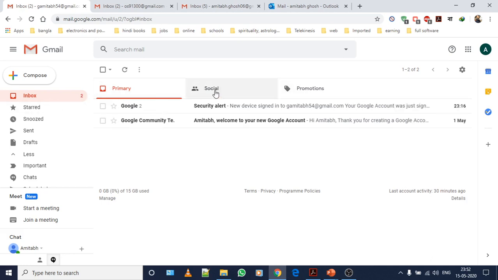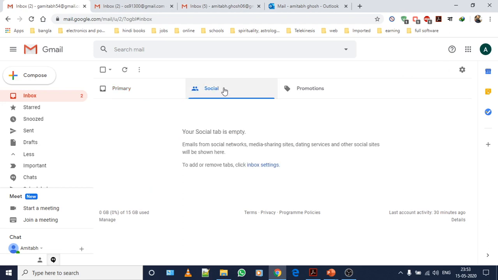So before we proceed, let me discuss this section also. In inbox, you will find these three default tabs: primary, social, and promotion. Now, the primary tab is the section where you will receive mail from people you know, like your friends, relatives, and the persons who are in your contact list.